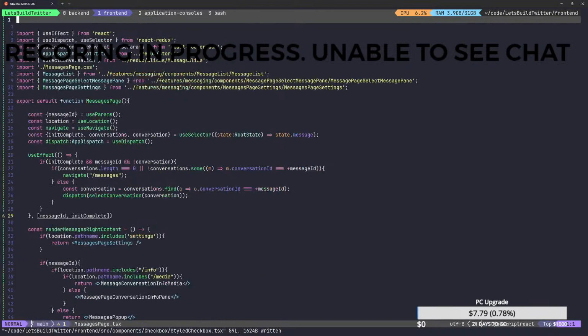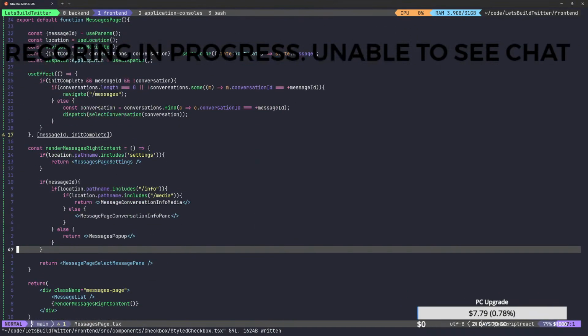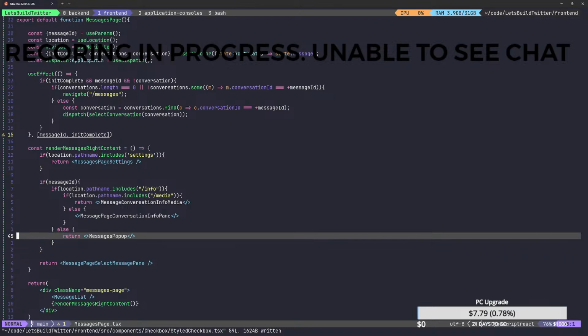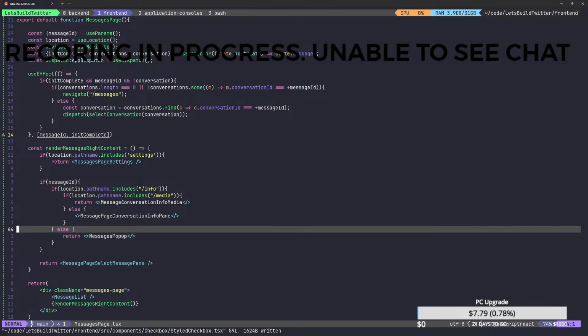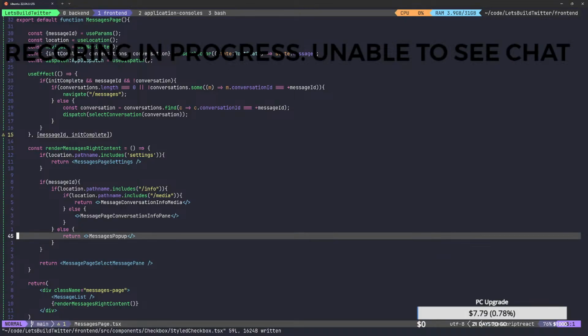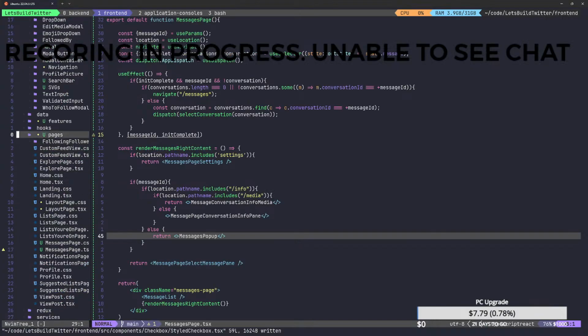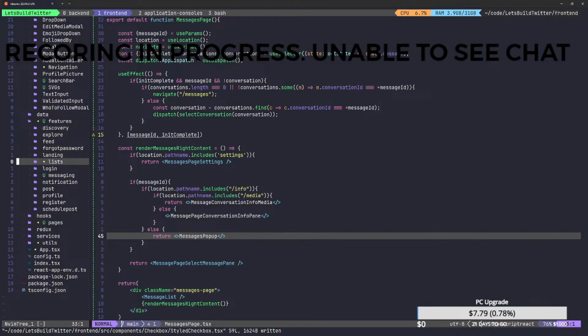So now we need to work in this area where we have the messages pop up and then a sidebar and stuff like that. So we're going to make a message conversation pane top bar component, and this is going to be used inside of our messages pop-up whenever we're actually on the message page, versus the other one's going to be slightly different. Let's go into our features here, go into our messaging, go into our messaging components,